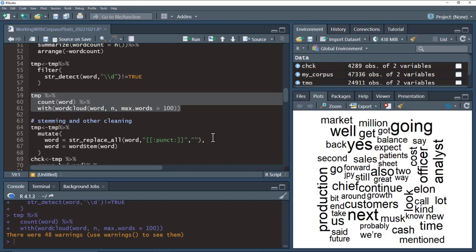So when that comes out, it gives us a word cloud. So if we get the right set of documents or the right set of words, sometimes this can be really insightful. Here, not too insightful. I mean, it gives us an idea of some of the things that are most commonly said. Yes, or continue, or next. So those are a little bit like stop words as well. Maybe we might want to get something else in there. Some other nonsense things come up, JPY. That's not telling us a lot about